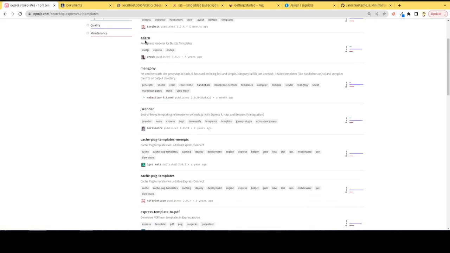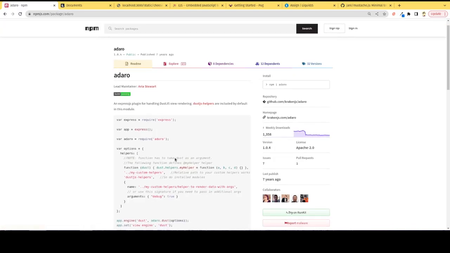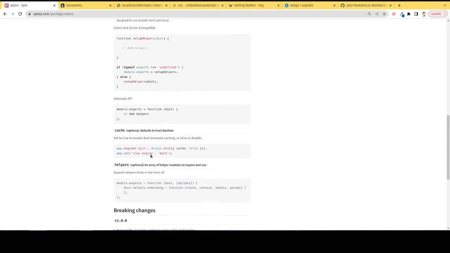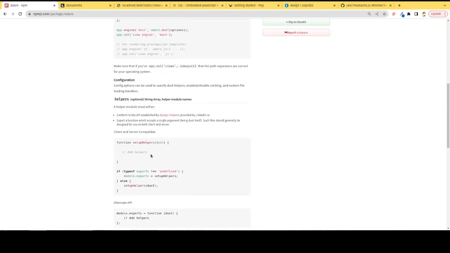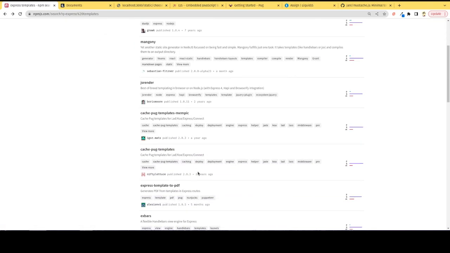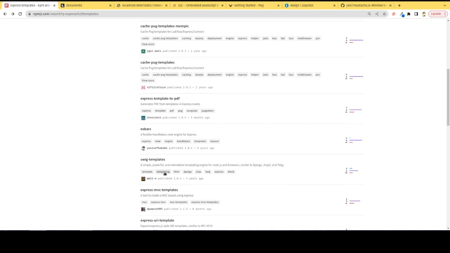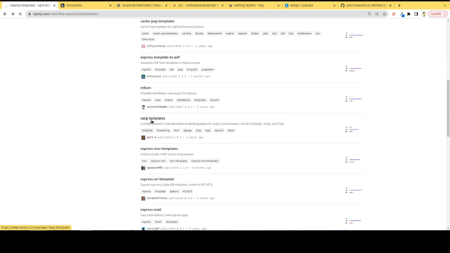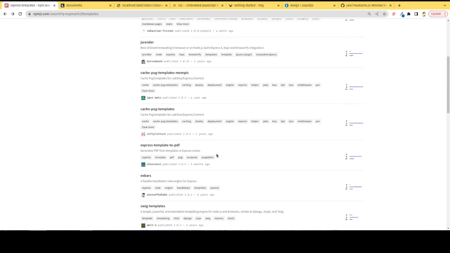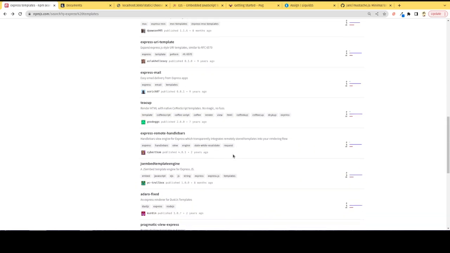Apparently this is something for a Dust.js template. Let's see if they have an example of that. Do they have an example of a template? No, it doesn't show me an example. Okay, something to look up another day, that sounds interesting. But you can see there's a bunch of flexible Handlebars view engines. Swig templates is another one that's kind of popular. So you can see an example of Swig. Again, it doesn't look too different from Liquid. Bottom line, there's a lot of these different types of